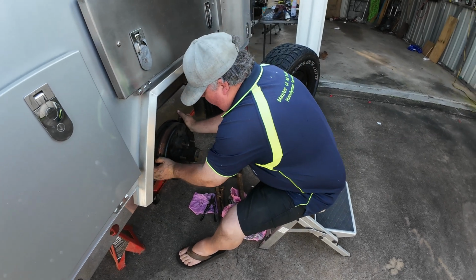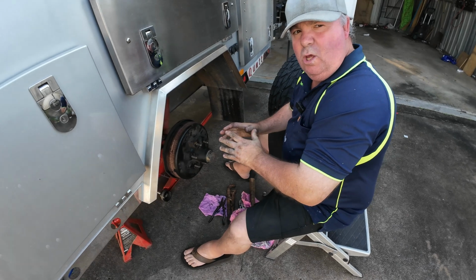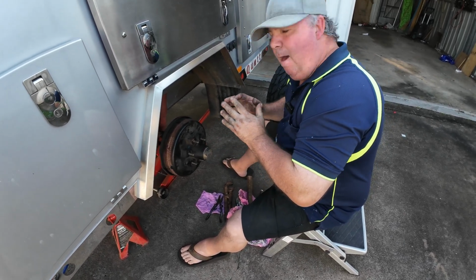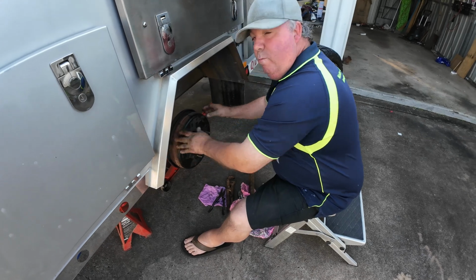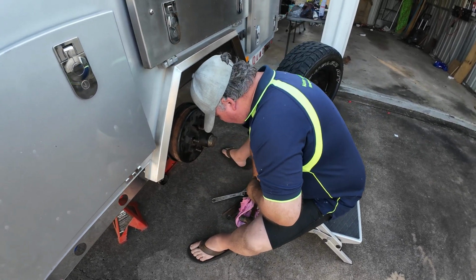There's no movement or anything like that within the drum. It's in there nice and taut. You don't want it too tight. If you do them too tight, you'll end up burning your bearings on your axle, and you don't want that. You'll want it just nice and snug, so there's no movement within your drum. Okay, the next step is we're going to put his wheel back on,